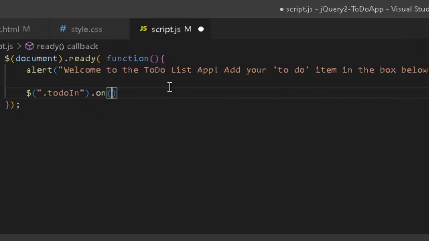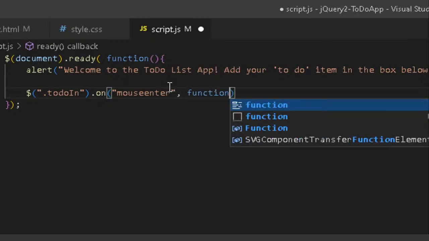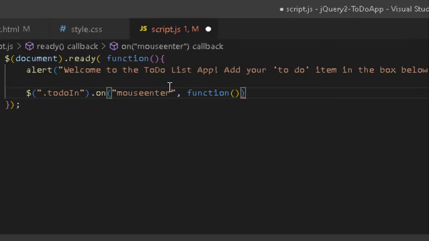Then in parentheses after that, I can add first my event, for example, on mouse enter. Then I can do some function. So that's going to be comma, function, parentheses, curly braces,